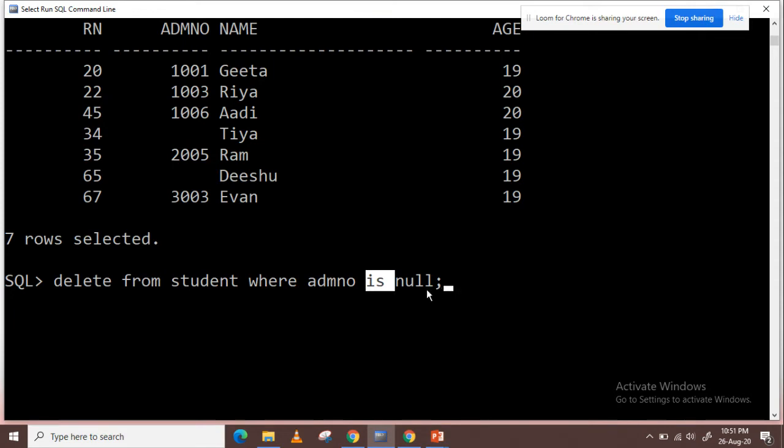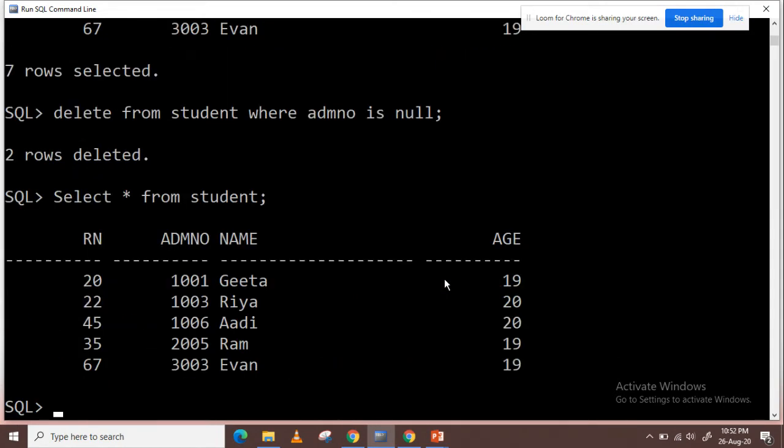But for other values, yes, we can check admission number equal to 1001, admission number equal to 2005. That is okay. But for null entries, if we have to give the condition for null, you have to use is: where admission number is null. After executing this query, two rows are deleted.